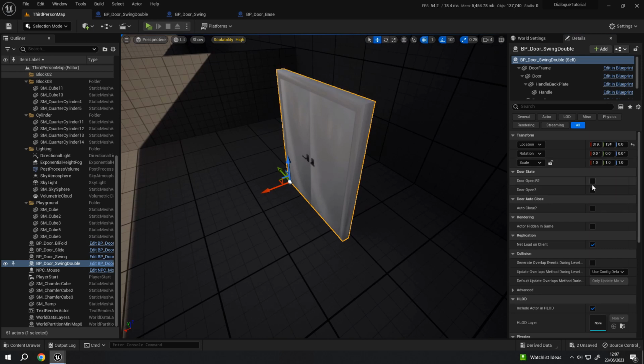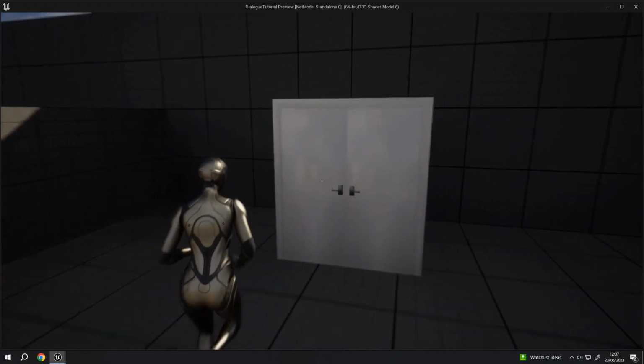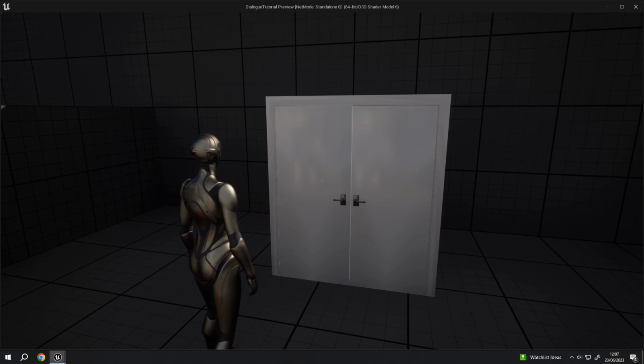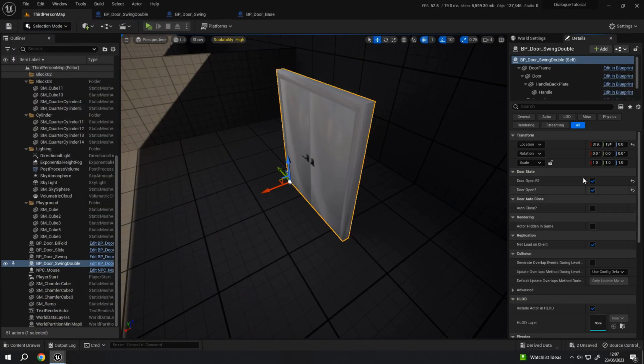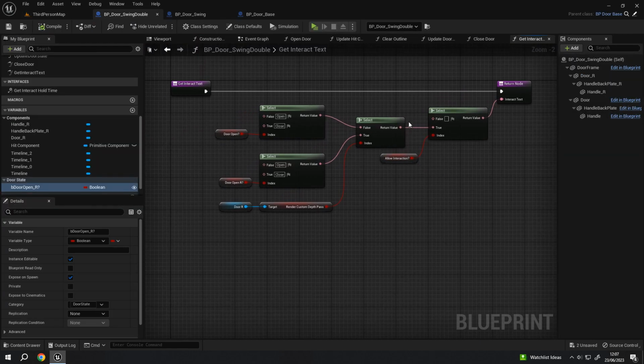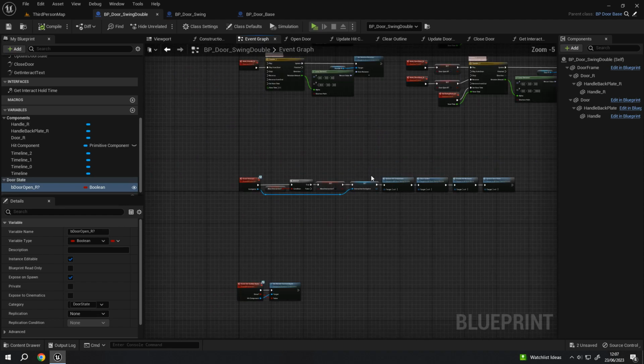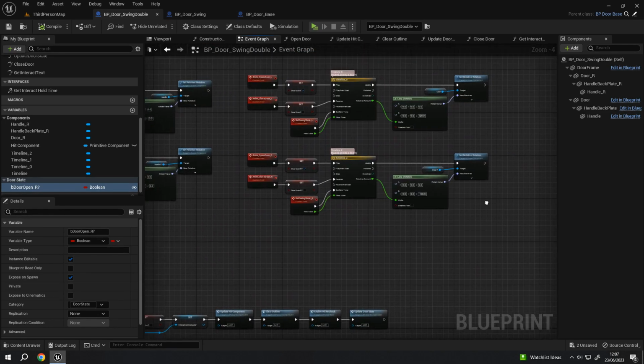At the moment, these don't update in the editor, and if I set these to true and then interact, I'd have to actually interact twice to get it to do something, which obviously isn't ideal. So what we need to do is on the construction script, get it to use these particular values and update the states accordingly. So what we can do, if we go back to the swing double door, go to the event graph,